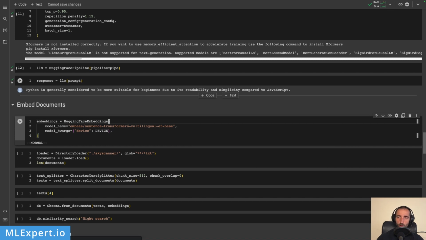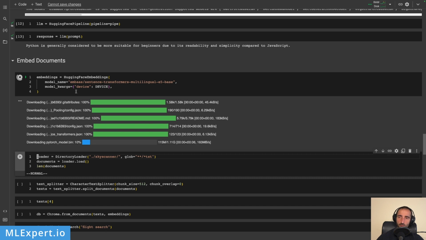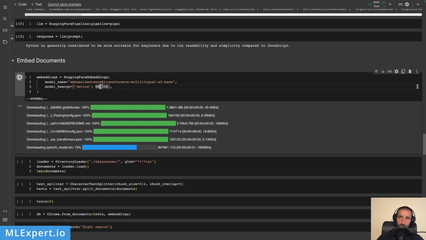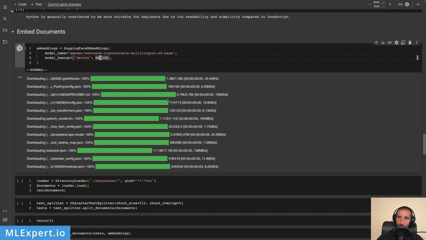So I'm going to go through the embeddings and I'm going to pass in the device. This will download the model, which is 1.1 gigabytes, and it's going to put the model on the GPU. And you see that it actually works pretty well, even though we already have the pipeline loaded